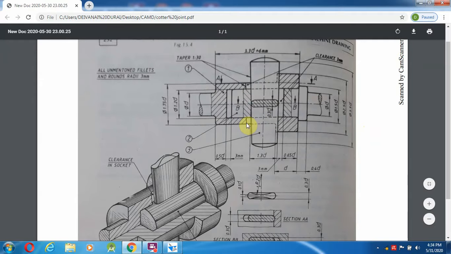After this 0.033 mm we are going to find the taper length, starting from here and ending here. Those lengths we get as 1.75d. So 1.75d is 35 mm. So 35 mm into 0.033 gives 1.155. So 29 minus 1.155 is 27.845.